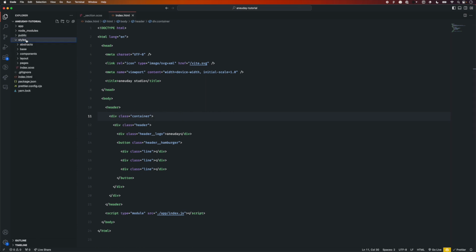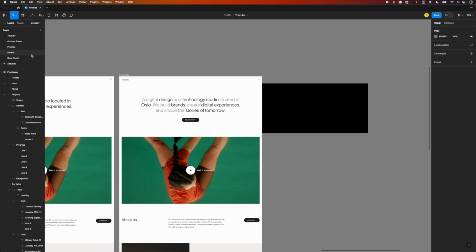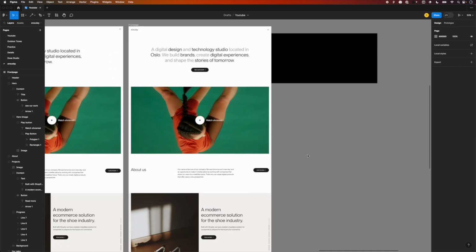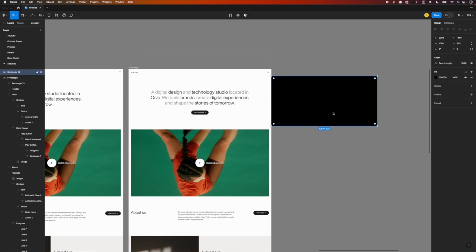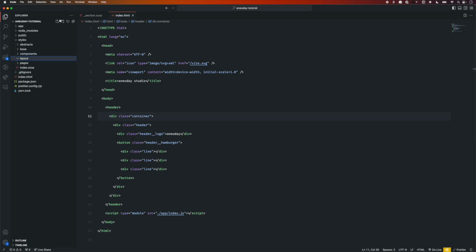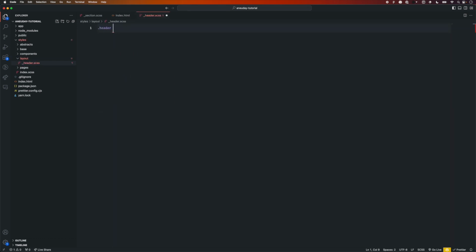Then we're going to go in here, and then we're going to start adding these in the components or the layout. So a component is like a small piece of an item. Like a button is a component. A layout is like the hero, for example. This is a layout. And the header is also a layout. It's not like an isolated component. So we're going to add that in the layout. So we're going to say header, and then header,